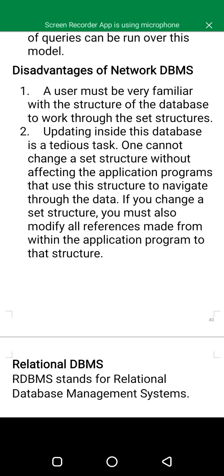One cannot change a set structure without affecting the application programs that use this structure to navigate through the data. If you change a set structure, you must also modify all references made from within the application program to that structure. So that is all with the network model.